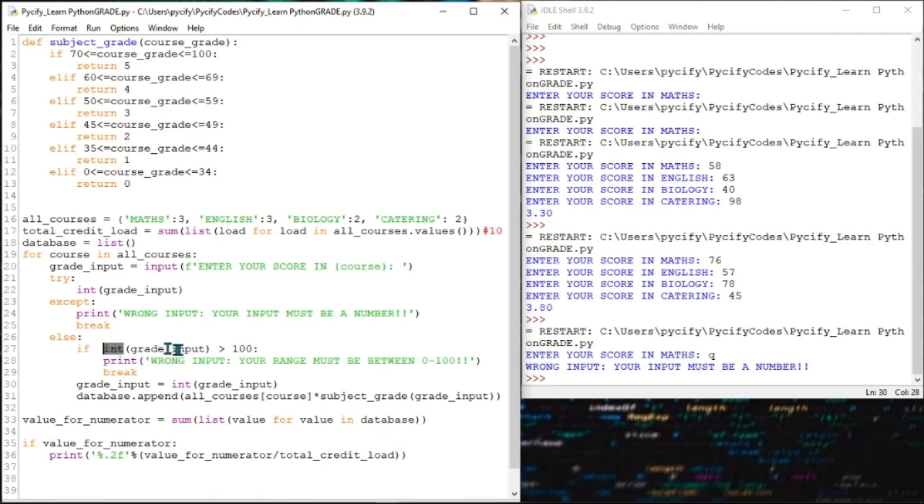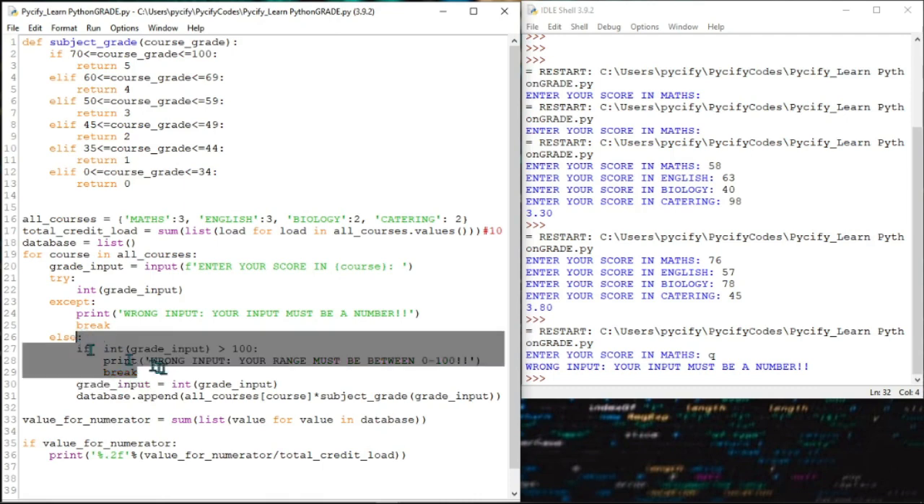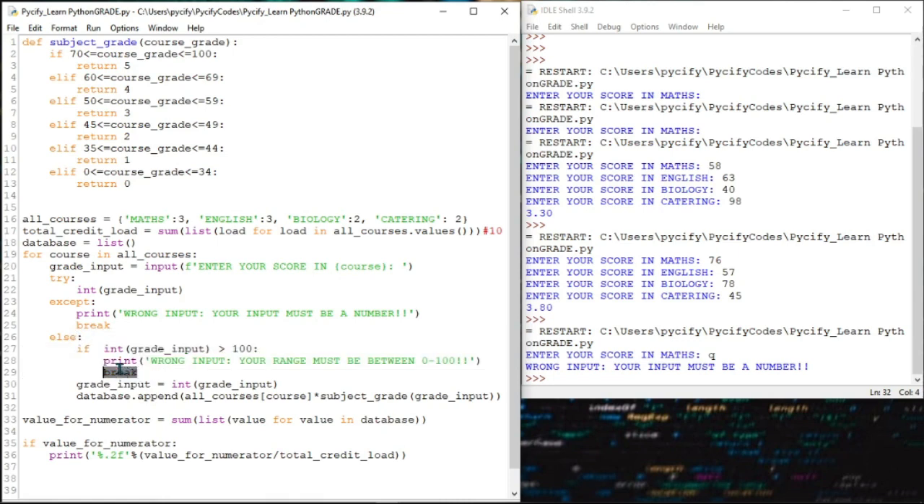Now I said if input is greater than 100, then it should print out wrong input, that your range must be between 0 and 100. And now, as you know, someone cannot write an exam and have a score that is above 100. So this will also check that the user does not enter anything that is above 100. So when it checks that, it will confirm it before it moves on to the next line of code. Now if this if block works, it will break the code. But if it gets executed, that's the user actually entered correctly, it will go on